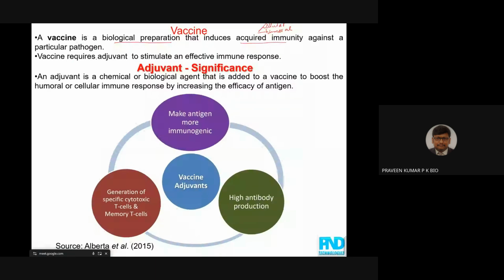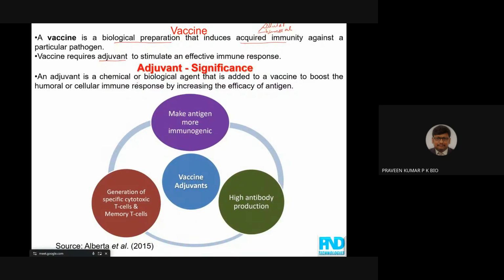A vaccine requires an adjuvant. This is an additional material particle, used to stimulate an effective immune response. In my lab, we have been working on adjuvants for the past 15 years, in the Department of Biotechnology, SVC. My mentor is Professor M. Sivanandam, former director of New York Medical College and St. Vincent Hospitals in the USA. He worked on adjuvants for around 40 years.